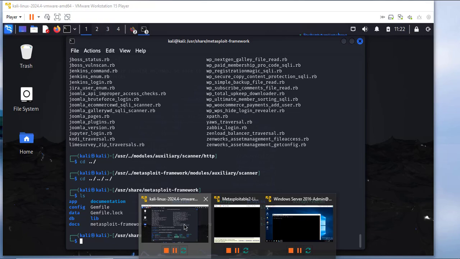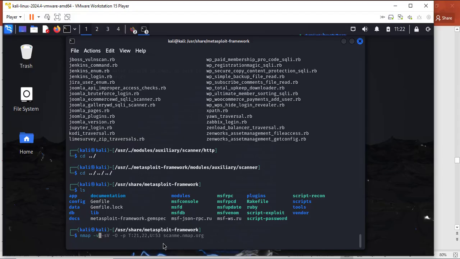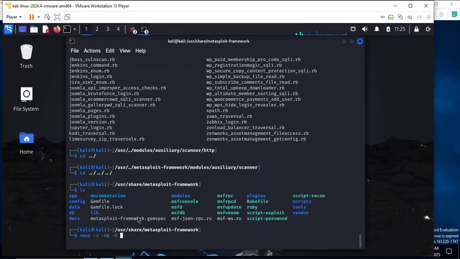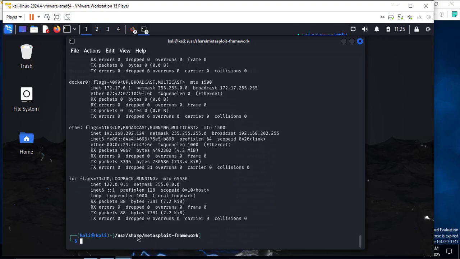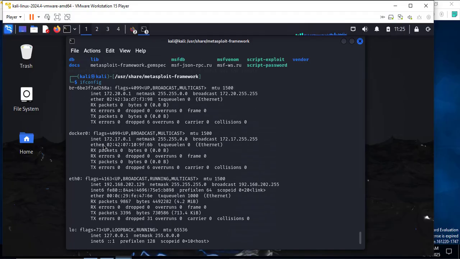So let's start discovering the target. The first thing you need to do is run nmap, with minus sV for versions, minus n for ports, minus O, capital O. We have the same IP range. Before that, ifconfig: our range will be